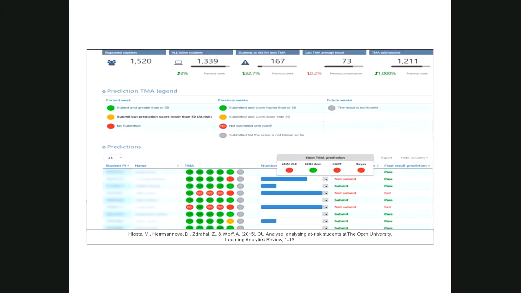And then if the system says Marie is at risk, you perhaps have to have a conversation with Marie. Many teachers were initially quite skeptical towards a computer telling what the students were doing. But over time, teachers developed a way of working that allowed them to have those conversations with their students.